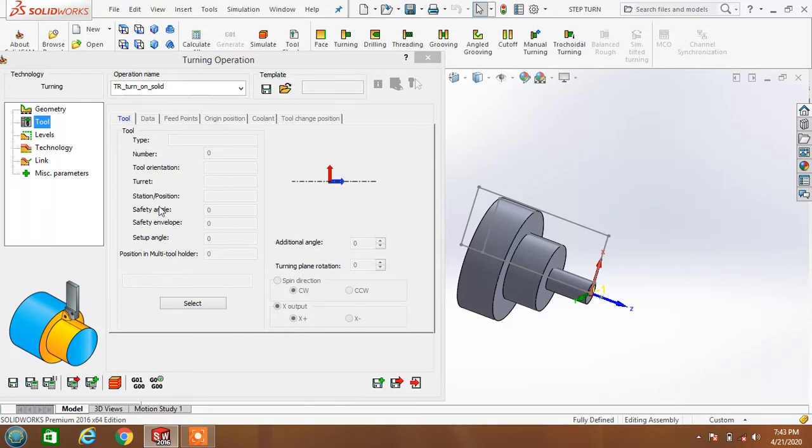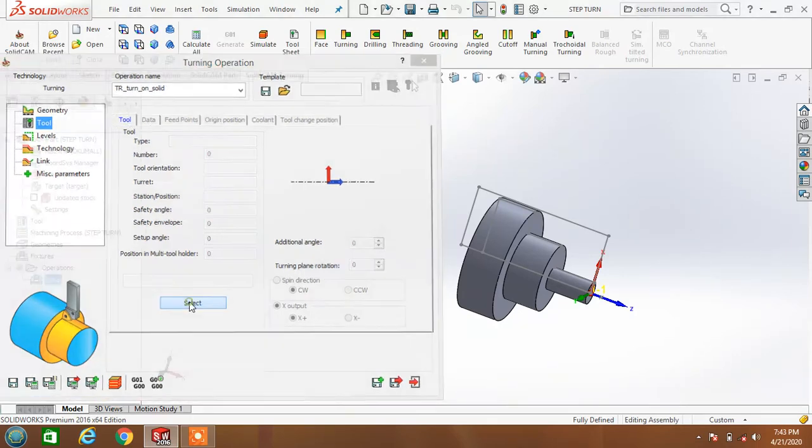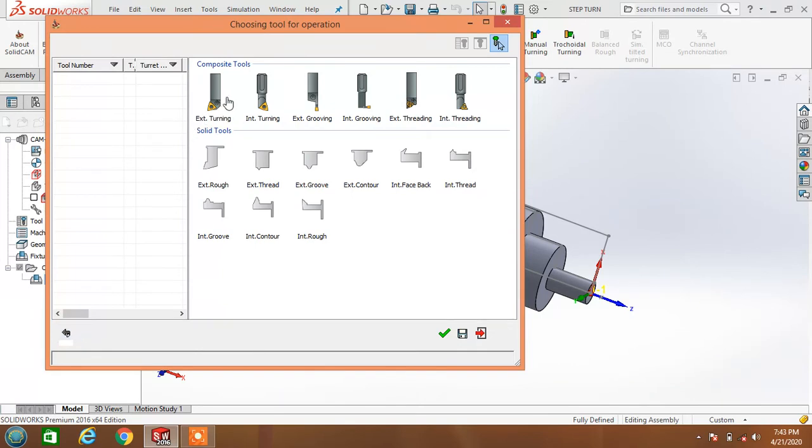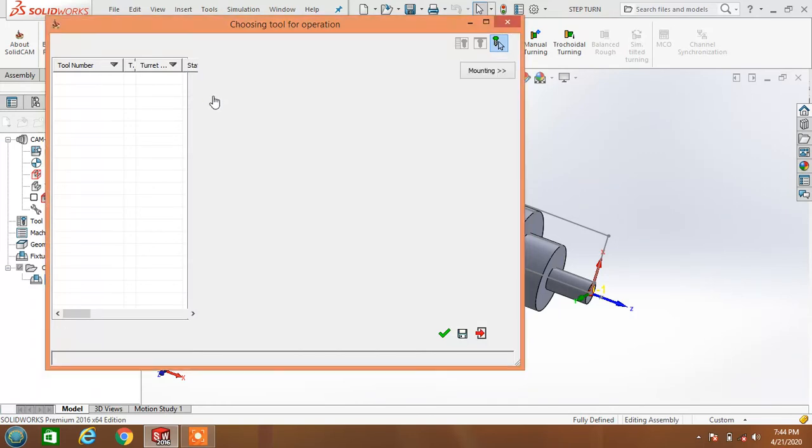Click on Tool, select Add Turning Tool. Here there are different types of tools: external threading, internal threading, external grooving, internal grooving, external turning, internal turning. There are different types of tools, and I want only external turning, so I select this one.